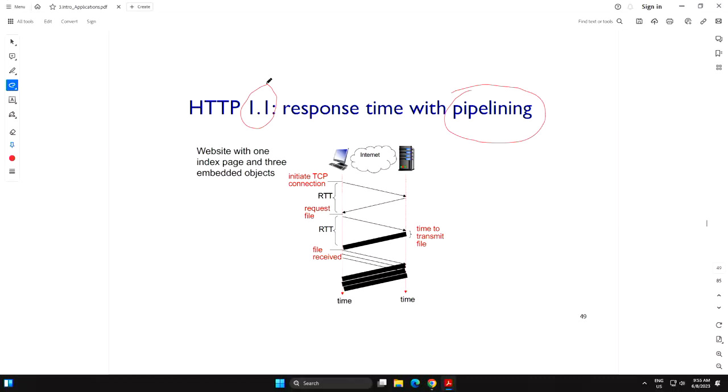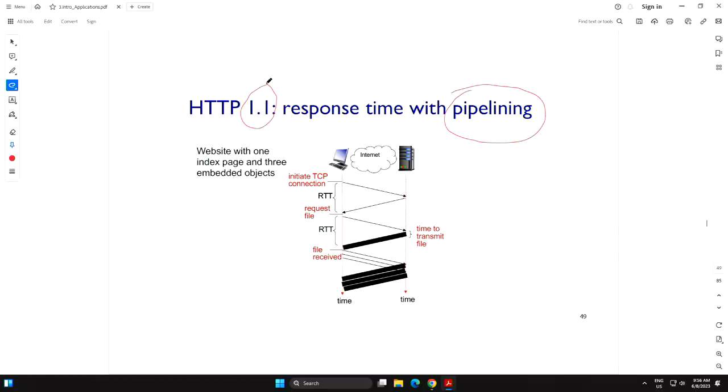So let's say I have 3 objects. In this case, there are 3 objects, right? What you can see in the picture is that not only are you using the single TCP connection to download these 3 objects, you are requesting to download these 3 objects straight away back to back.